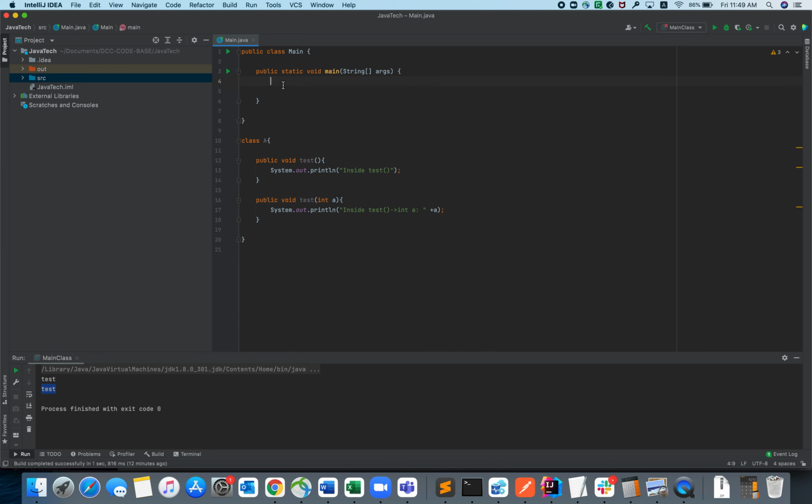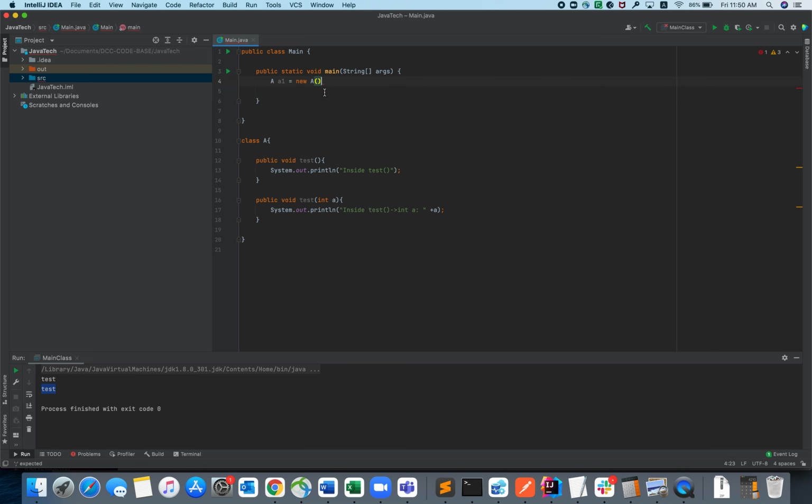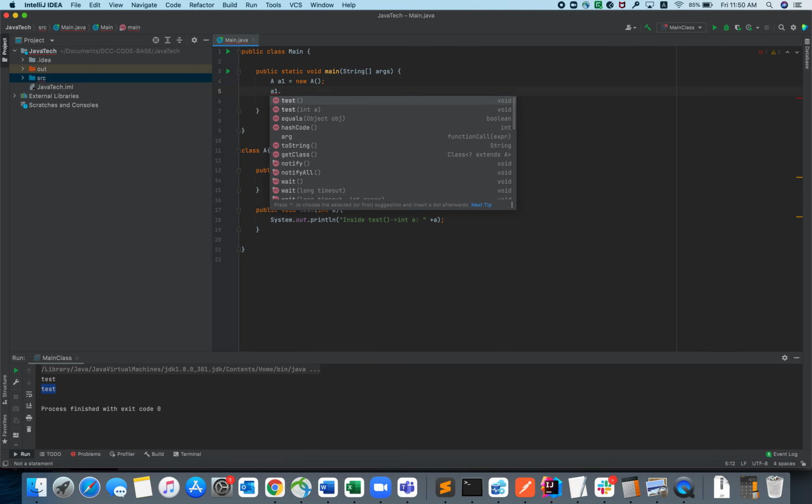So to access any method, what we have to do is create an object, right? So let me create an object of class a, because the class name is a, and I am representing it with the identifier a1, right? To access this test method, I'll call a1.test, right?